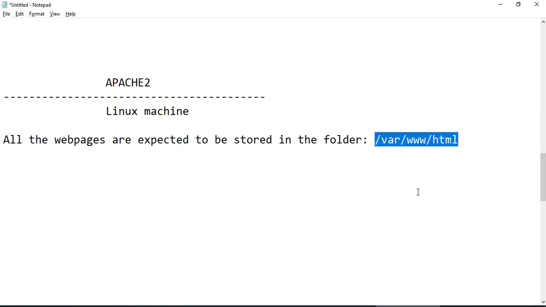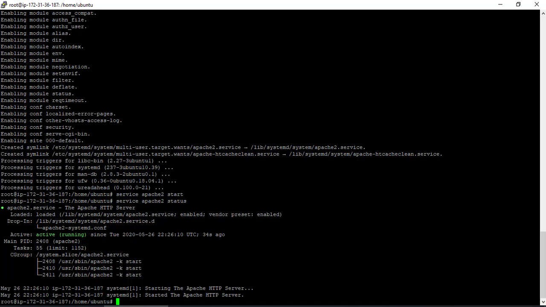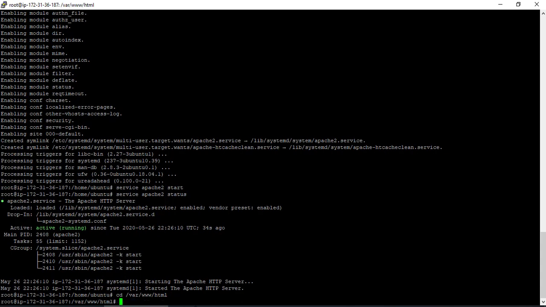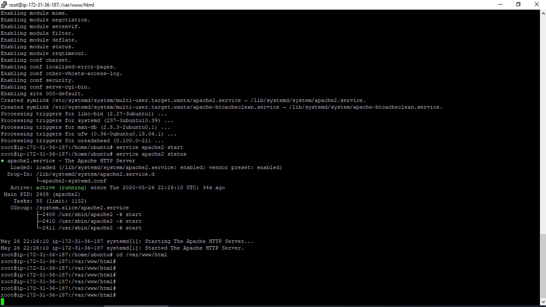So what I'll do, I'll go to this particular location. To go to that location, we have a command called change directory, cd, and then I'll right click so that the location is copied, and then I'll click on enter. Now I have entered into this folder. Now I'll list the files.